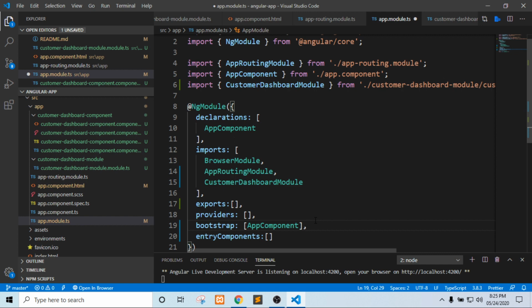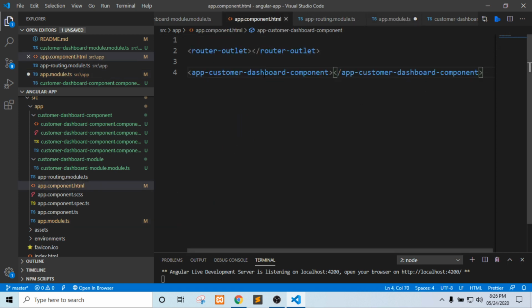So these are the two ways of using entry components. If I am using routing and defining the path and the component name, then it is a kind of entry component. And the bootstrap component we provide is also a kind of entry component. And if we are using the selector, like I have used here, that is not a way of entry component.